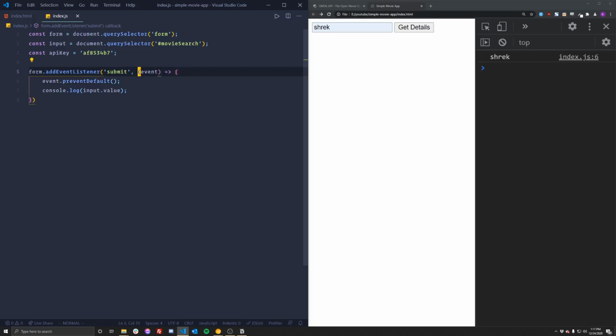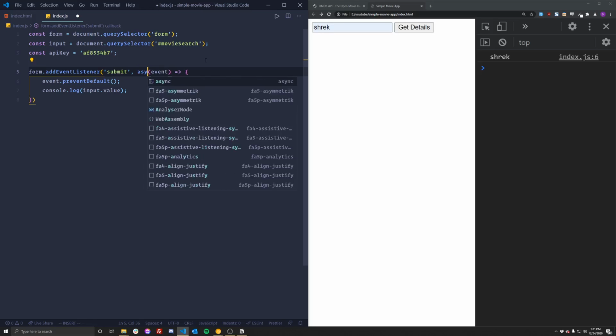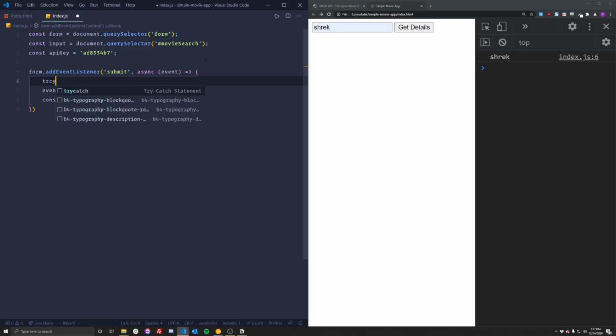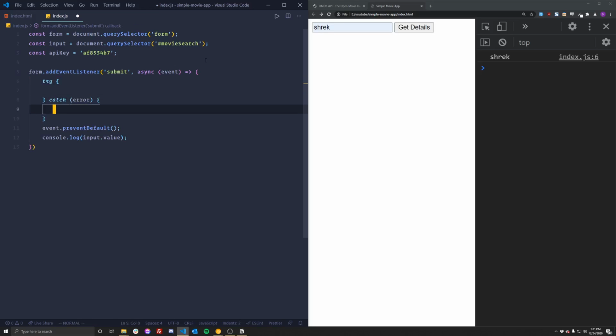Now, since we're working with APIs, we're going to be working with promises. And we're going to use async await while working with our promises here. So I'm going to turn this function into an asynchronous function by using the async keyword here. And I'm going to wrap my code inside of a try catch block. So try catch. And I'm going to console.log error.message in my catch block,